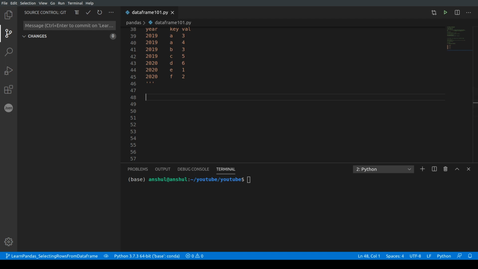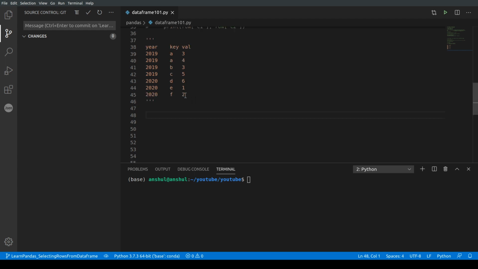So I'll just basically show you how to use that function. For that, what I have here is some sample data because I want to create the data frame at runtime. So I will use the read clipboard method, another useful method for which I have made another video. I'll use read clipboard to read this data, get the data frame created, and then in that data frame we'll try to insert a new column at a particular index position. This is just any random data. This does not make any correlation or any kind of logical interpretation as of now.